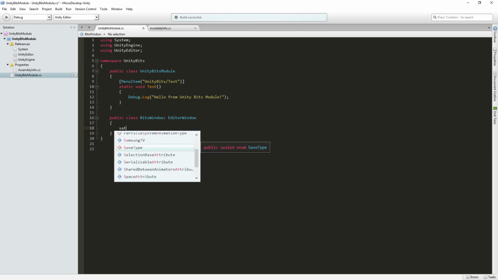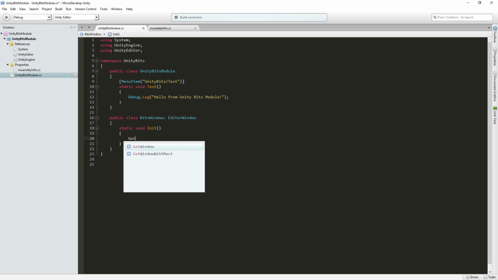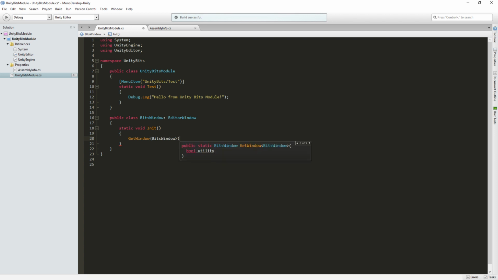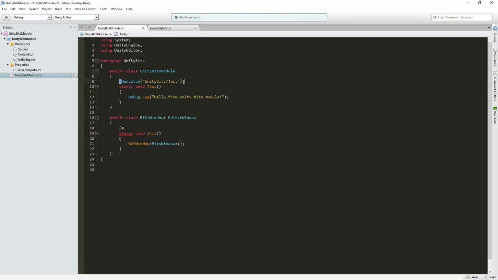We need a way to initialize one of these things, so we'll do static void init, and we'll say get window bits window, so that will grab us one if one is not already on the screen. And instead of doing it like this, I'm going to just copy this and we'll add a menu item attribute to this,